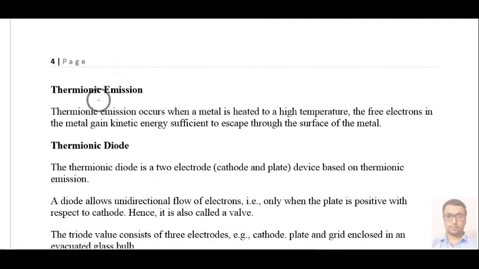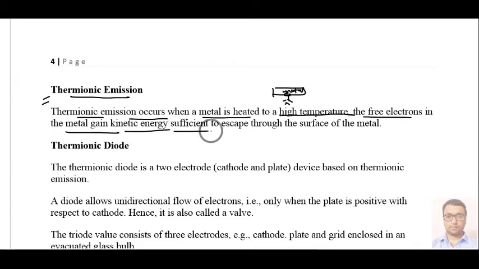After that we have kinds of emissions. How many types of emission do we have? The first emission is thermionic emission. Thermionic emission occurs when a metal is heated to a high temperature. Your metal will be provided some heat and the electrons will absorb that heat, and the free electron or valence electron of the metal will gain kinetic energy and escape through the surface